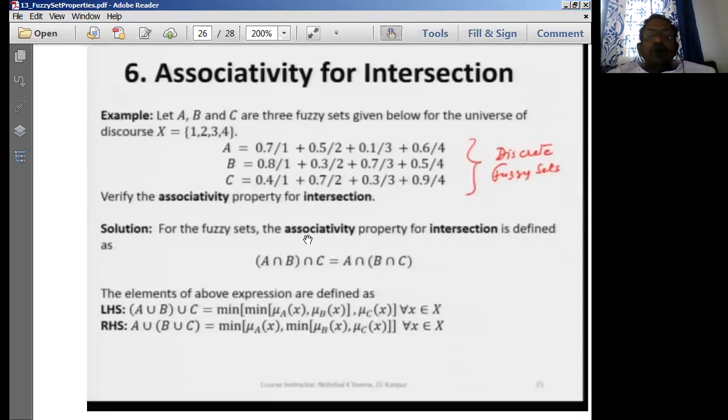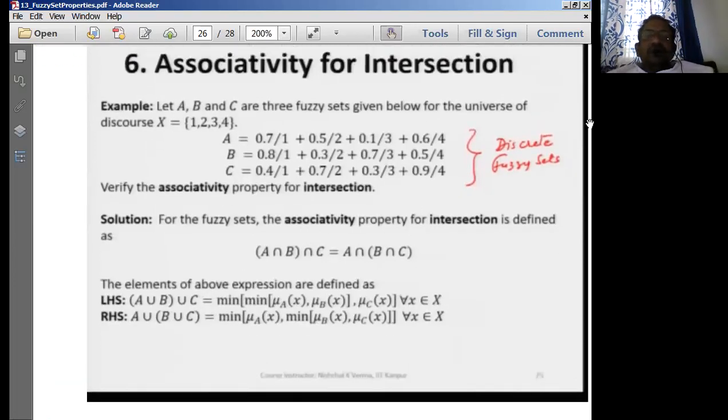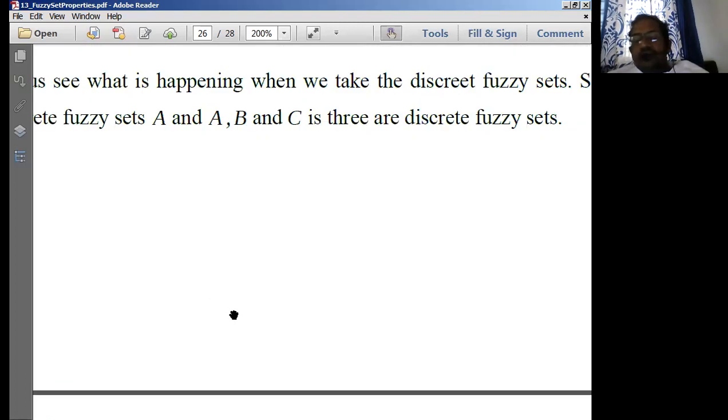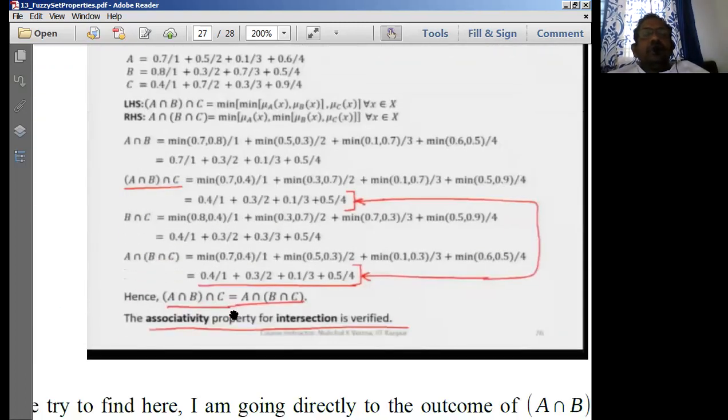So similarly, I can go with the discrete fuzzy sets A, B, C. Same discrete fuzzy sets I can take here for A, B, C. So intersection means minimum value. Same relationship is normally used as a criteria to find out the resultant set of this particular operation. Okay. A intersection B intersection C is equal to minimum of this particular function. So whichever is minimum among A and B, what is minimum between A and B?